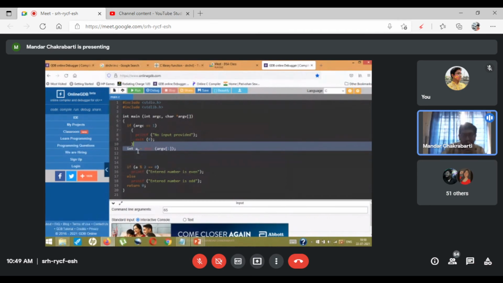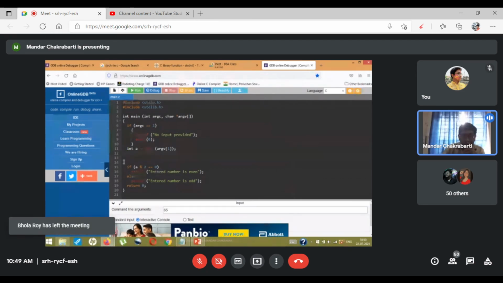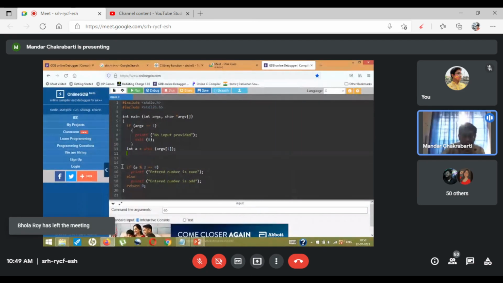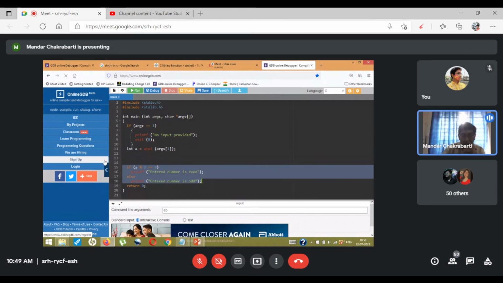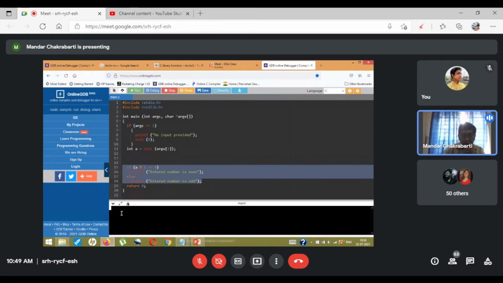Now I have got it as a normal integer. Now I can perform any sort of work that I need to. So that's it. The rest of the code is simple. You just divide by 2 and check if there's any remainder. Of course, if dividing by 2 gives us a remainder, then the number is an odd number. And if there is no remainder, then it's an even number. So 65 is, of course, an odd number. Right. So our code gives us entered number is an odd number.